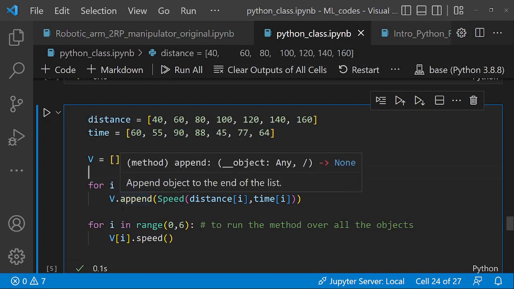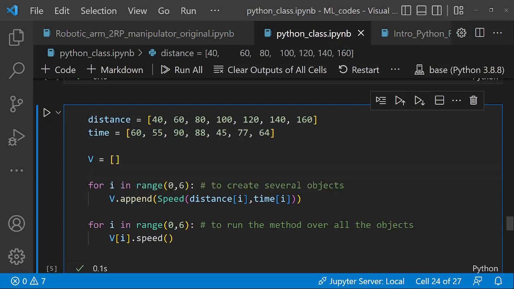So what will happen now is 40, 60 will be appended first, 60, 55 will be appended second, and on and on like that till this range is exhausted for all of the instances in the distance and the time. So the objects will be created here. So here now I want the objects to all access the method in the